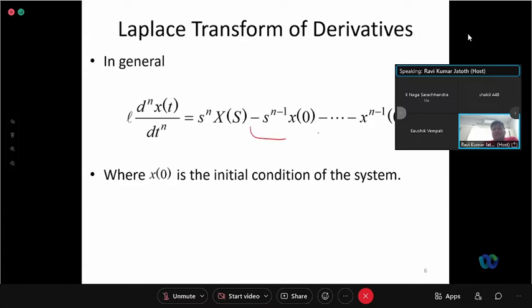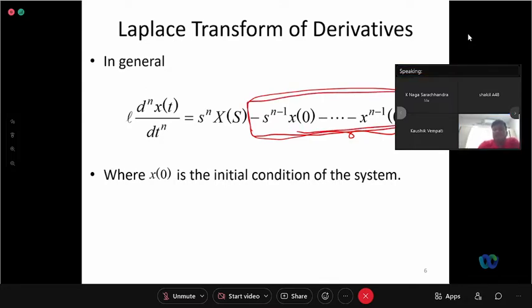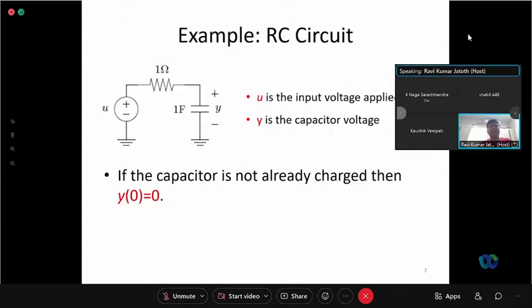Now, when we are trying to obtain the transfer function of a physical system, what do we assume? We assume all initial conditions are 0. Why, I also explained. Now let us take a simple RC system. If the capacitor is not already charged, then y of 0 is 0. This is the meaning of initial condition. Now if I want to obtain its transfer function,